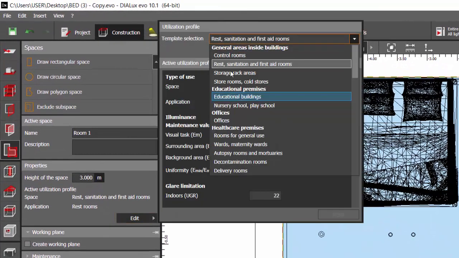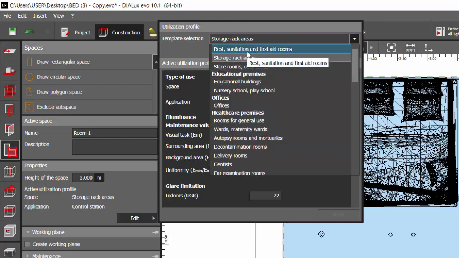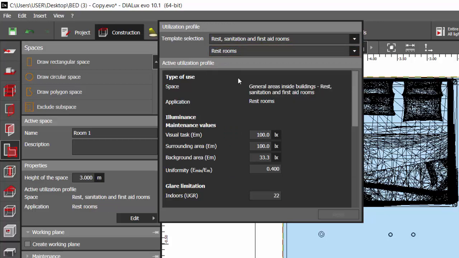Go to edit. In the drop down menu of the template selection, you can select which type of room it is. So we can go for rest, sanitization and first aid rooms, and then in next categories you can select it as rest rooms. So here you can see the standard lux levels for restrooms is 100 lux and uniformity